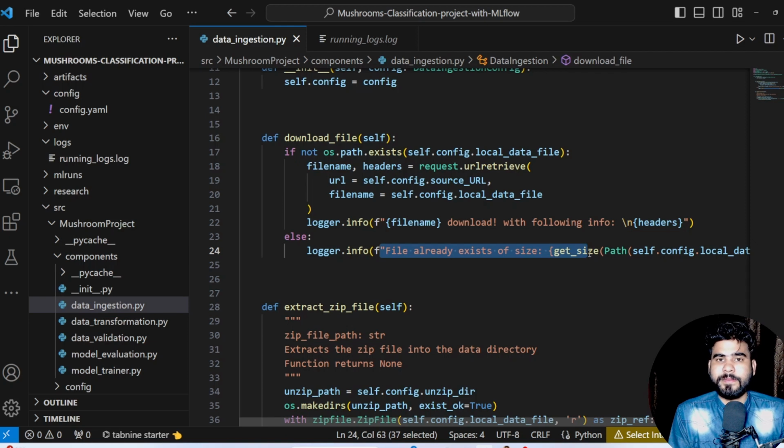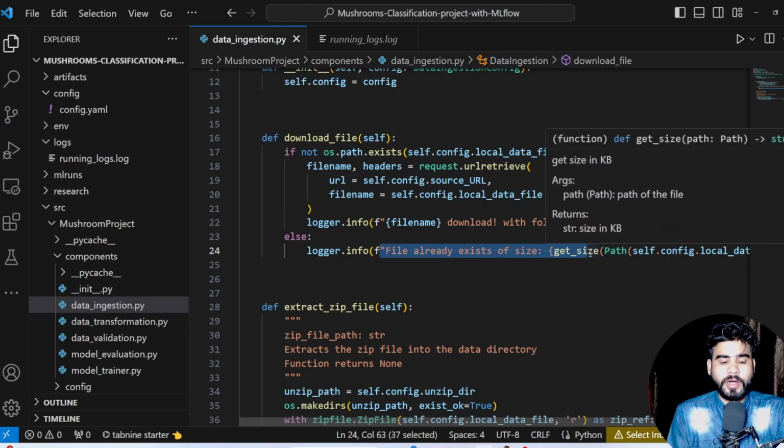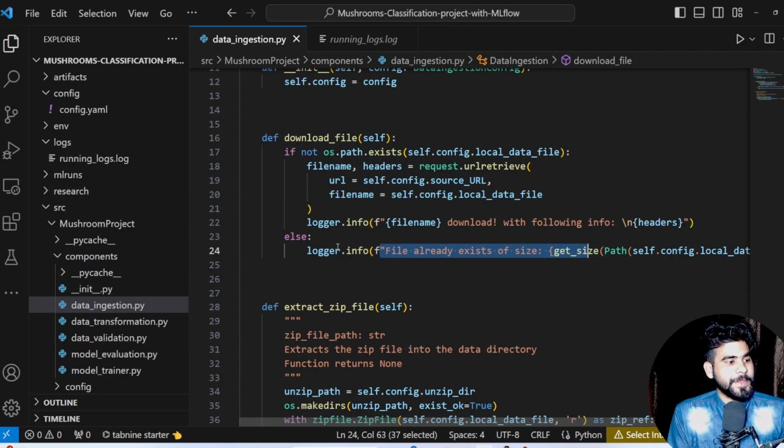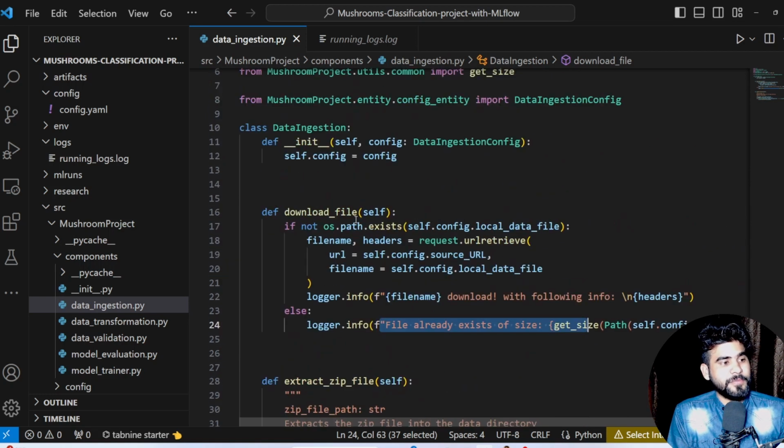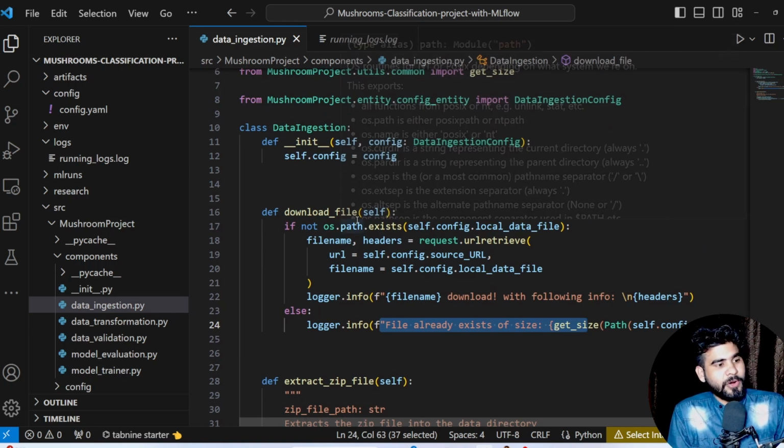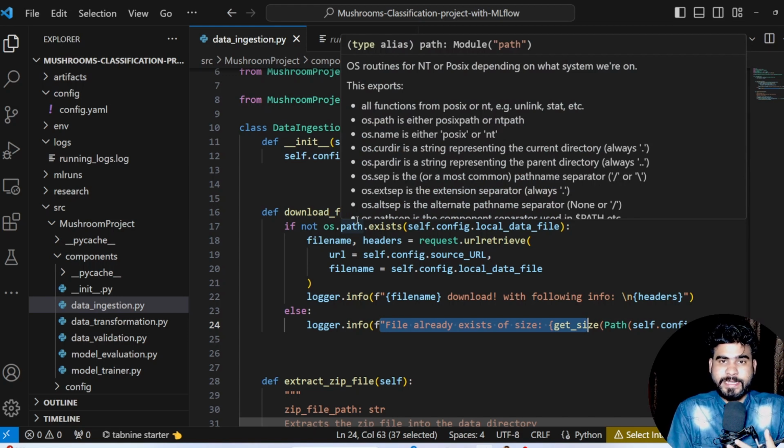So whatever file we are going to download, this particular file already exists in our project directory. Now after that, the next function that we have, now we are able to download our file. Now we have our file in our local directory. So after downloading, what do we want to do? We want to extract, because